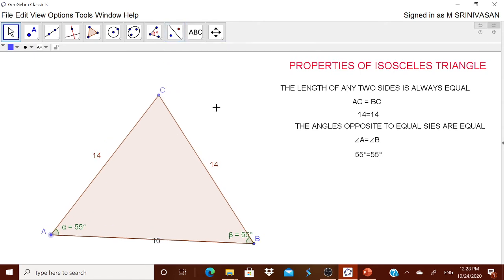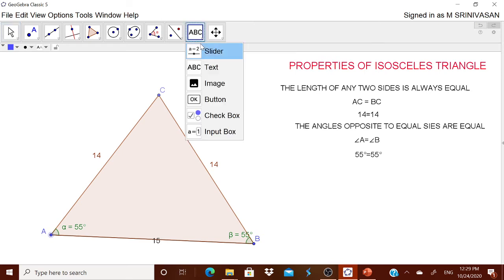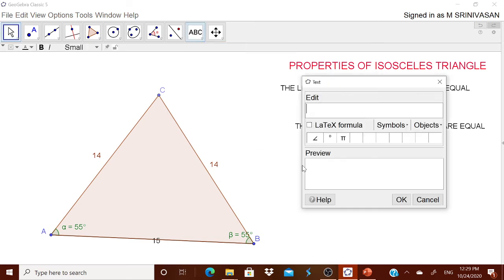Okay, what is the next property? When you drop one perpendicular, maybe you can call it the altitude from C, it divides the triangle into two congruent triangles.